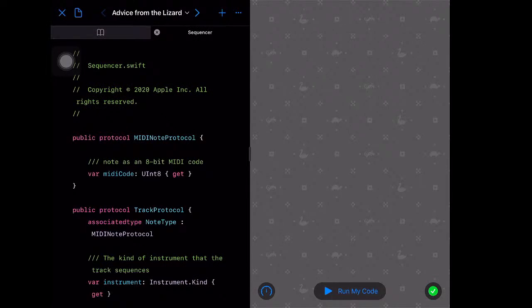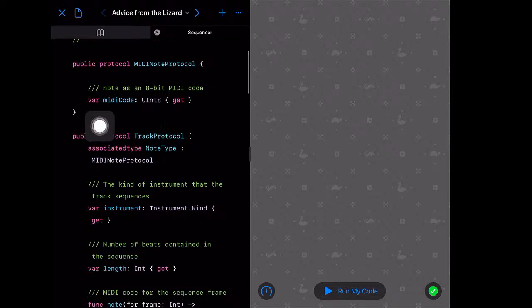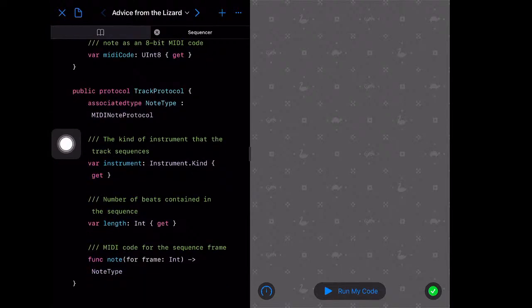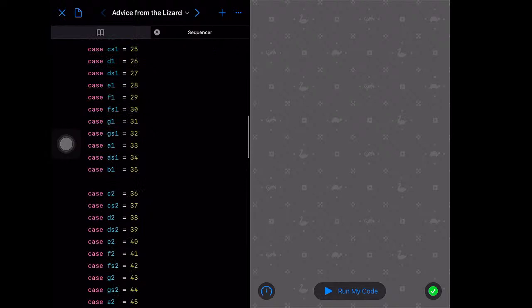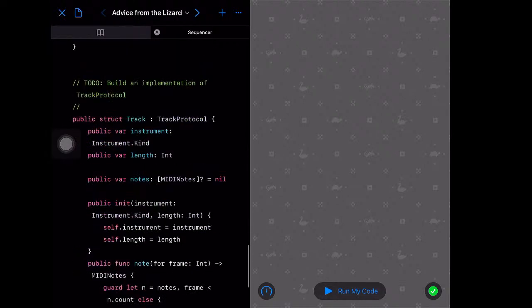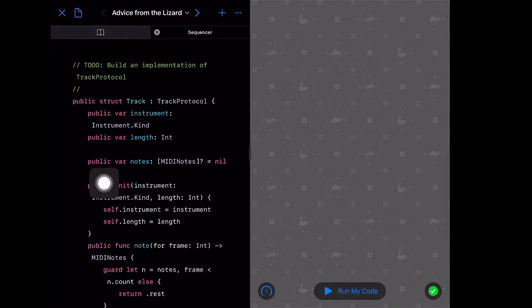So we have a new source file that we have to edit for this one, Sequencer. And we have a new protocol defined called MIDI Note Protocol. There's a MIDI code. I don't know enough about MIDI, which is a music format, to give you a whole lot more information on this. But the video is well worth watching, and the guys go through a lot of this code really well. So most of this has been written for us. In fact, I think all of this has been written for us,